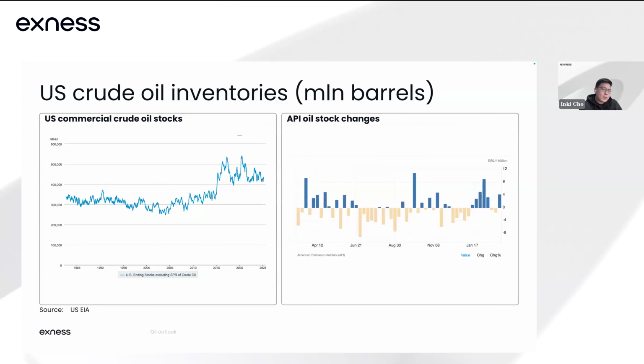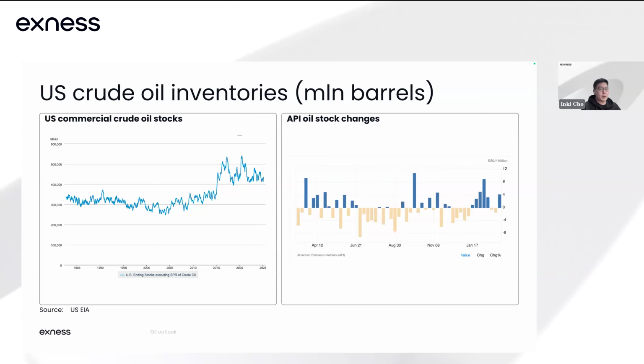Let's take a look at the US oil inventory level. So what's going on with US oil inventories lately? Since the start of the year, US commercial crude oil inventories have been rising steadily. In simple terms, this means more oil is being supplied than consumed, leading to a buildup in storage and inventory. Based on the basic supply and demand rules, when supply outpaces demand, prices tend to